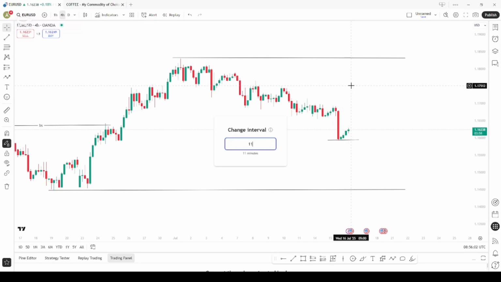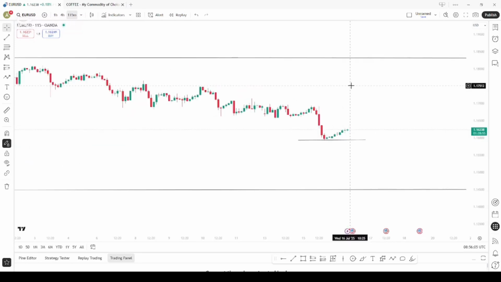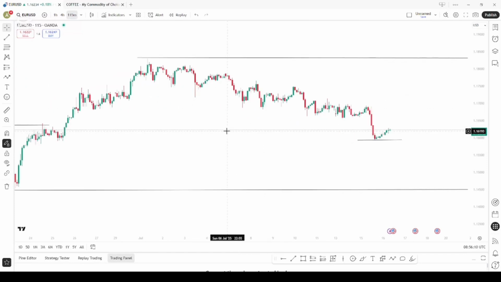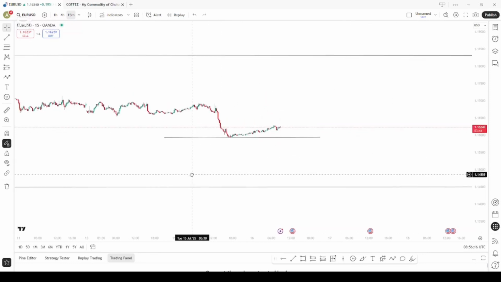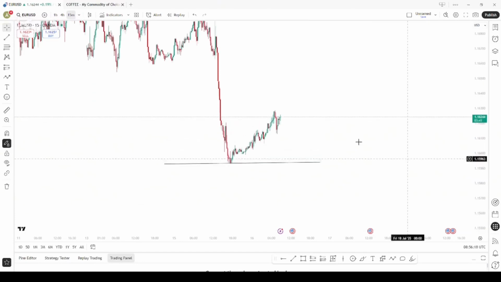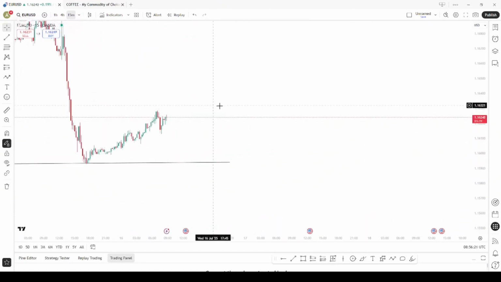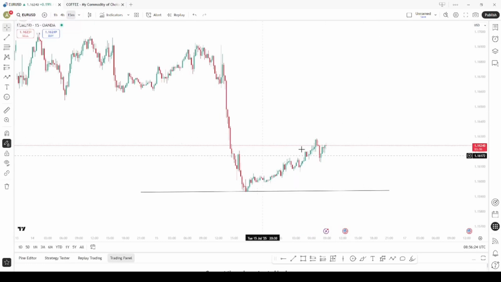So without wasting time, I've gone to the 15-minute chart. So now this is where we base things, we as day traders, as intraday. When you reach here, you see there is no trend. The nearest thing that we can see here, where price might react from, is this imbalance. You get it? It's this imbalance